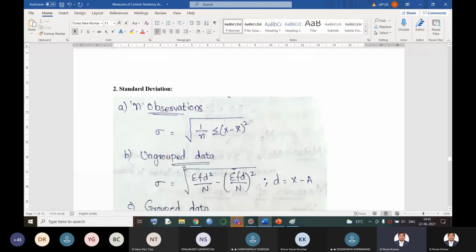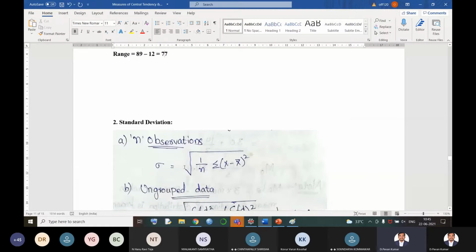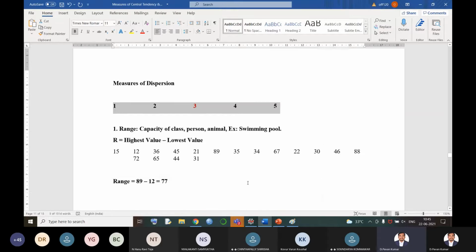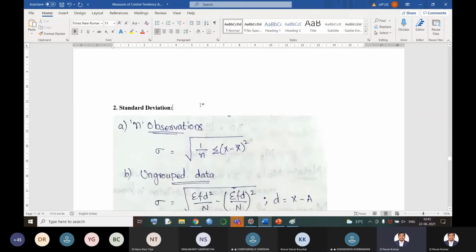Standard deviation. Now this is the actual measure that is going to find out the average distances between the given number of observations. Another name for the square of the standard deviation is variance. I'm just showing an example of the formula here. Standard deviation is denoted by sigma is equal to square root of 1 by n summation x minus x bar whole square is our formula.